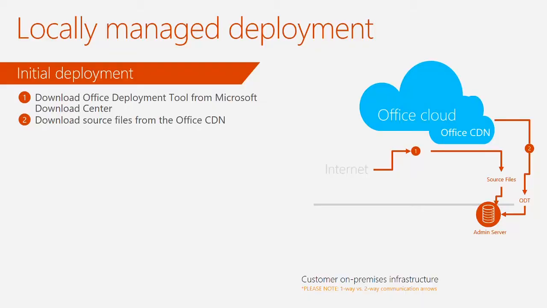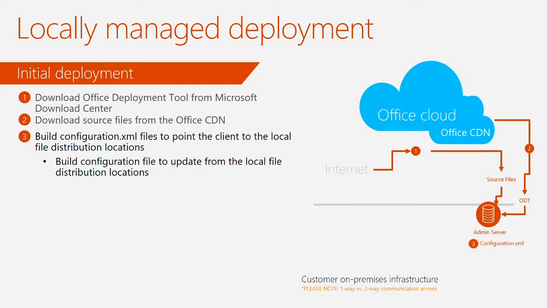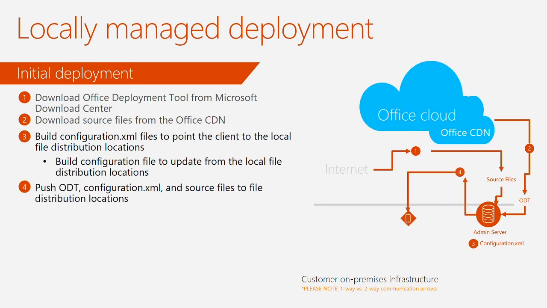You download all the source files, so I point it to a build of Office that I want, either current channel, deferred channel, whatever that build is. I download those down to an admin server. At that point, I configure it. There's the XML configurations that we do, to download it to local file distribution. Then I push those out to wherever location I'm going to. I have the configuration XML, where you actually put all the parameters, and like I said, it's a 200 level. John, I'm sure, has a lot more of the XML and configuration in his ConfigManager session tomorrow. But you configure it using parameters in the XML.